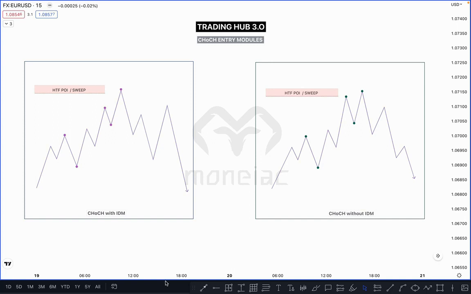So first of all, we use change of character. Change of character means ChoCh, and we use it in a lower time frame for confirmation. When market taps on PY zone and you switch into lower time frame confirmation and the market breaks the first recent high or low, that's called change of character. Let me show you on a diagram, then I will switch into the real chart,